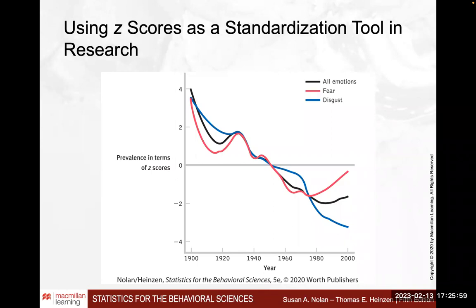You understand what the entire population feels in terms of their emotions, whether fear or disgust, and you basically relate each individual score to the population frequency distribution. That is what you accomplish, and that makes it easier to compare them across the entire observation period. So emotions have changed over the decades, and you want to see how that is true for all the other variables. And you can, in a time series like here, for example, you can easily see how these have changed based on the population